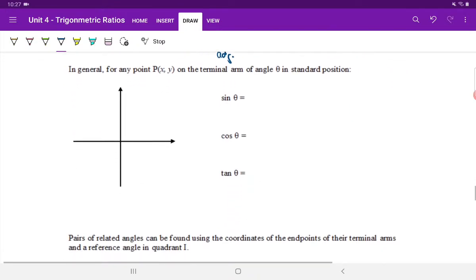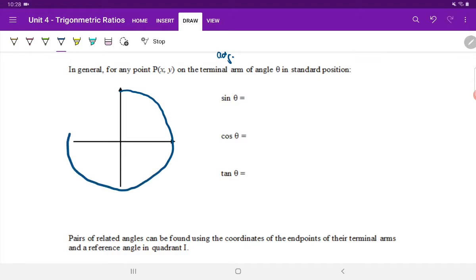All right, so now, in general, for point P, which is the coordinate x, y on the terminal arm of an angle theta in standard position, we are going to find the ratios, but not with the words opposite and hypotenuse and adjacent. We're going to actually use x, y, and another letter r, all right? Because we are going to draw our unit circle again here and say that based on the terminal arm, or based on the point that's given here, x and y,